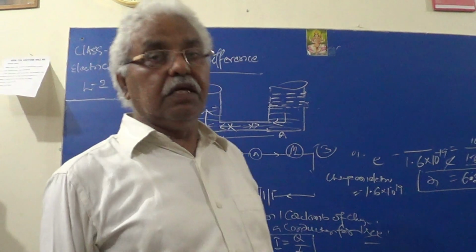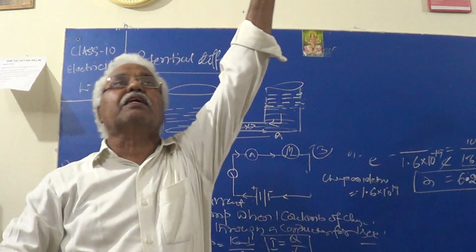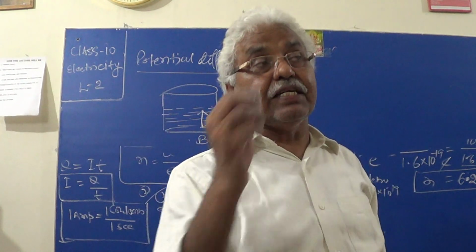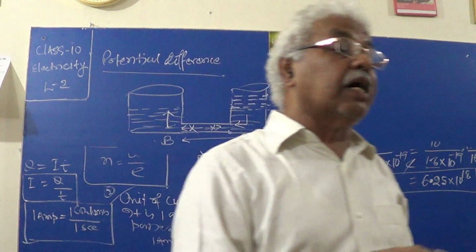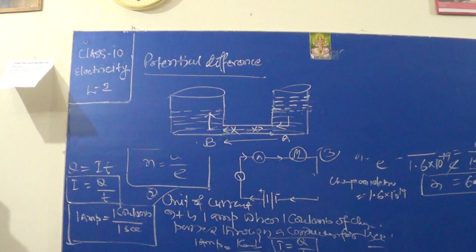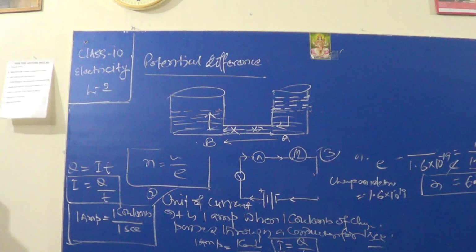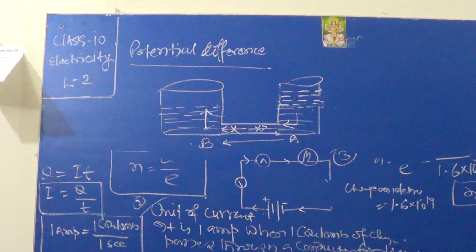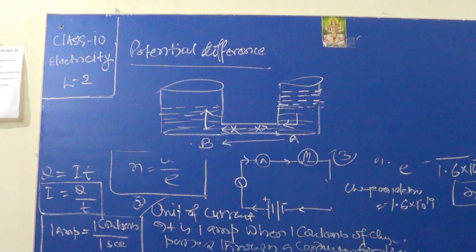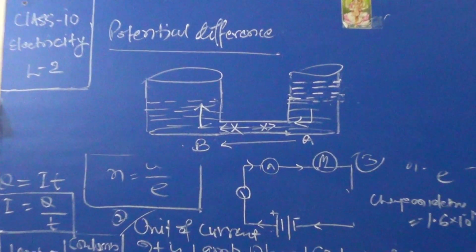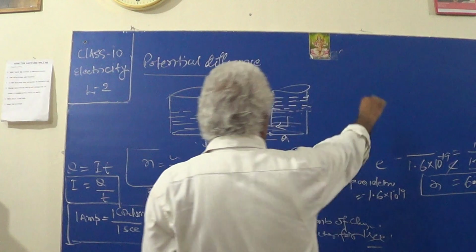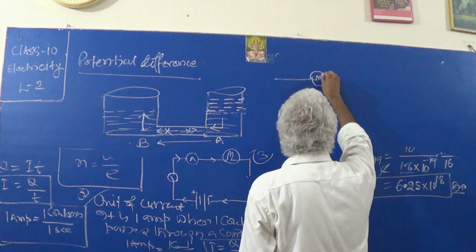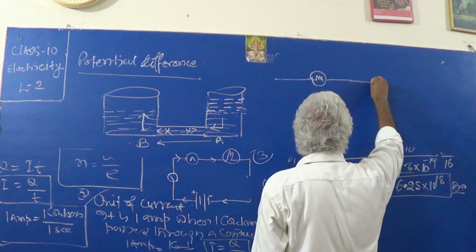Okay. Now similarly, in the current case, we cannot keep one pole at a higher level and another terminal at a lower level. We cannot create a difference that way. So now the question comes. We are discussing that electrons move only if there is a difference in electric pressure, and that is called a potential difference. Now the difference of potential may be produced by a battery. In the current case, the current will flow only when it is